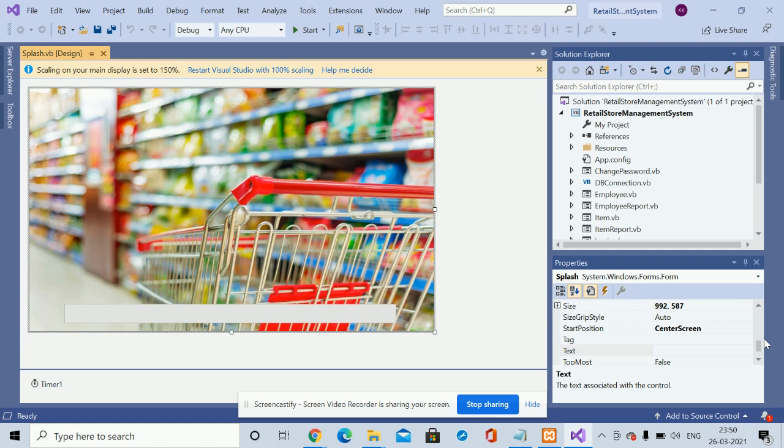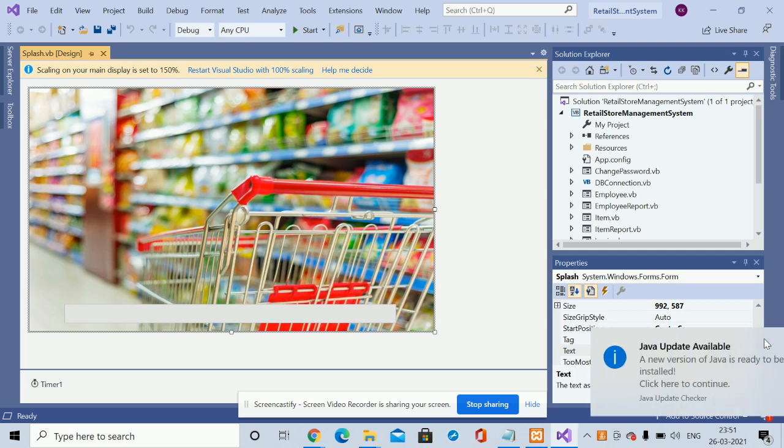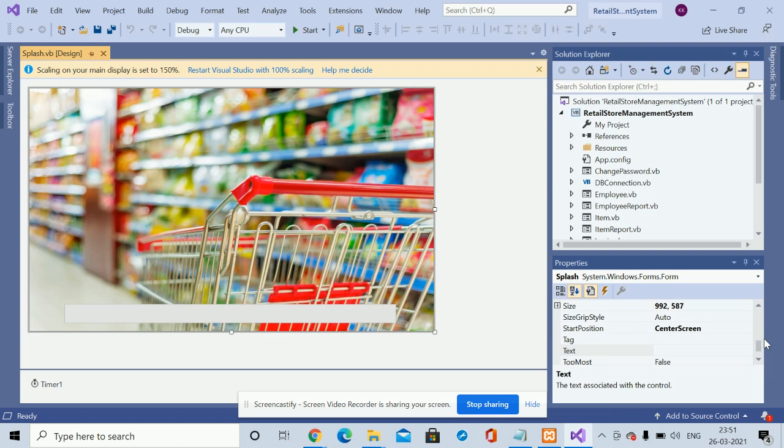So let me explain the technology stack once again. The front end is a VB.NET Windows application form, and the database is MySQL. I'm using the Visual Studio 2019 IDE, and for connecting MySQL with VB.NET, I am using the MySQL connector. Right. So this is a Windows-based mini project where admin can log in and manage the sales and the products, and he will be able to see the sales report and product reports, so all of the admin level functionalities we have developed inside this project.